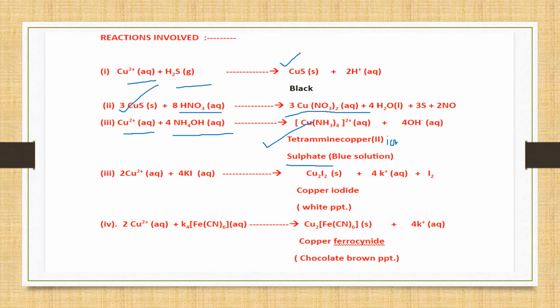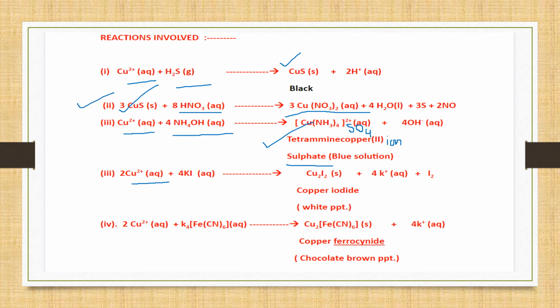So that's why in the equation, if you remove this 2 plus and write SO4 here, the name becomes tetraamine copper sulfate. 2 is the oxidation state of copper, but in general, you can simply write tetraamine copper 2 ion. Okay. Then the next test was that the aqueous solution which you got in the second step was